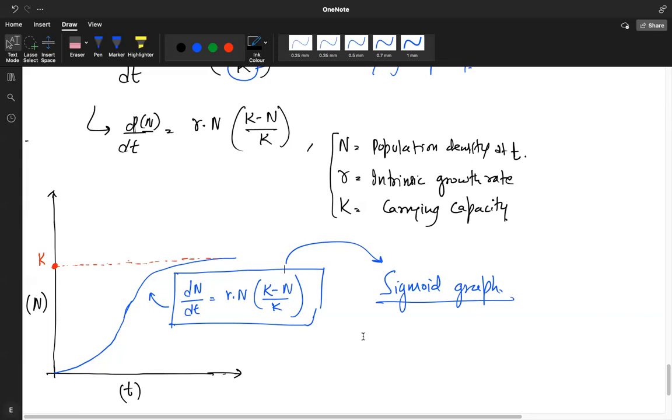In the next class, I'll also give you some calculations to figure out the growth rate, carrying capacity, and how to find carrying capacity if other things are given. It's just mathematics. So try doing it yourself as well at home. Try to solve some problems and figure out carrying capacity K, r,